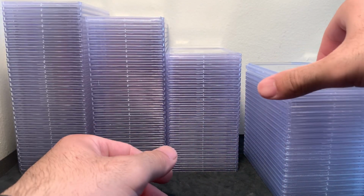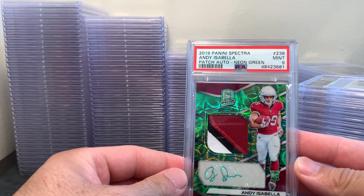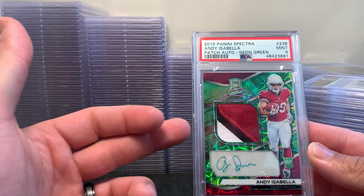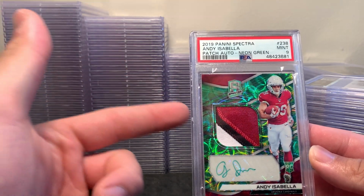So we want to start with these. Let me put the stack off to the side a little bit because I don't have much room here. We'll start with Andy Isabella. Some of these cards, again, I buy a lot of random cards. I pretty much bought everybody in the football and basketball class for 2019, and I've sold everybody